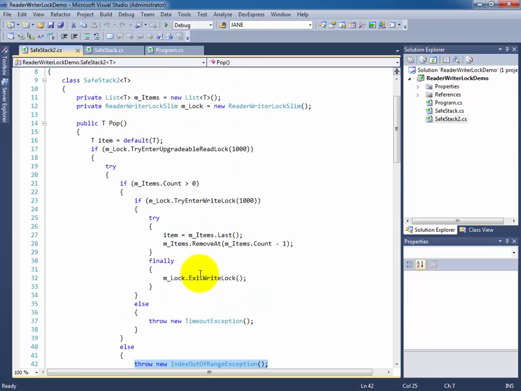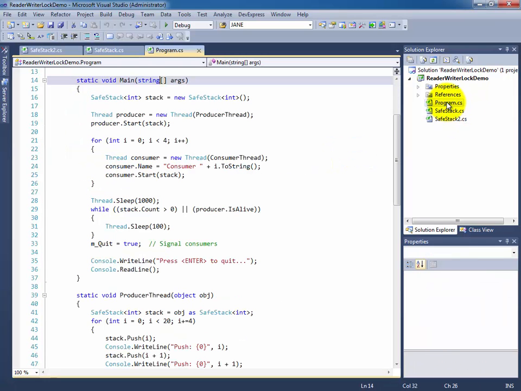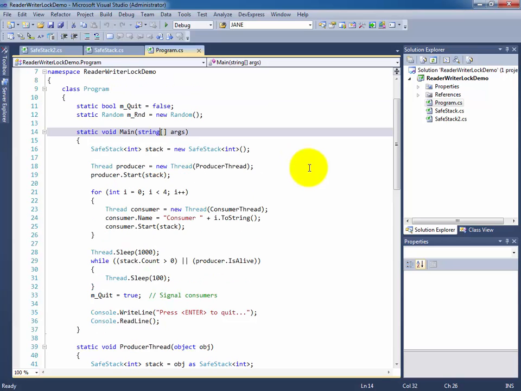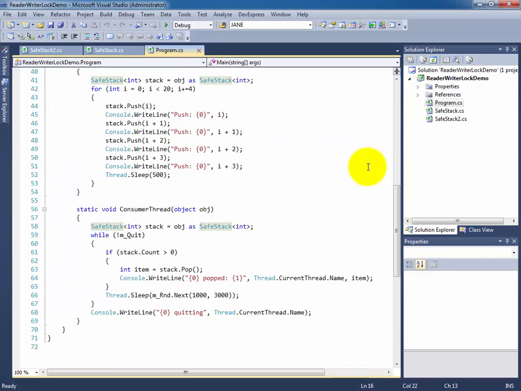So this is basically 2 different takes on the same data structure, both implementing a stack of generic type T, one using blocking calls in the reader-writer locks, and the other using timeout calls with the reader-writer lock. If we go to Program CS, you can see how we implement using these particular stacks. I've only shown in this example how to use safe stack without the safe stack 2. You could pretty much interchange it with safe stack 2 and get the same